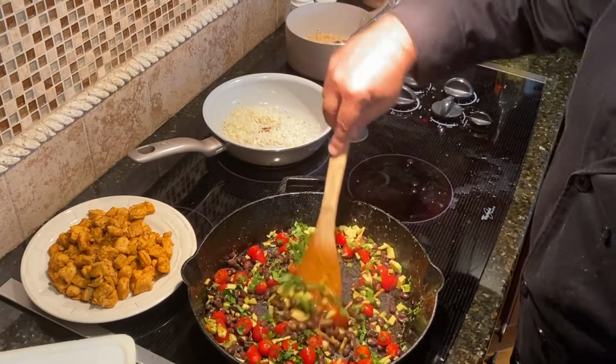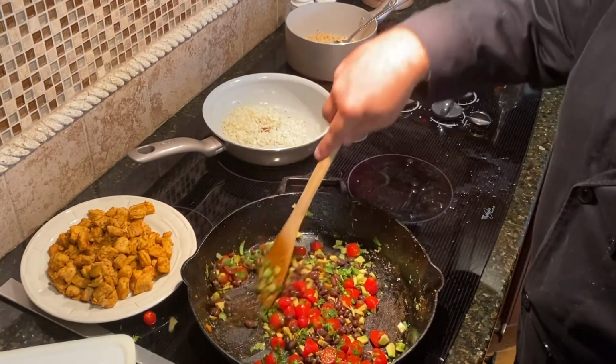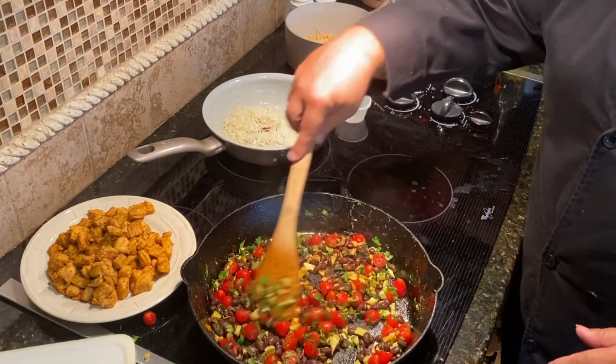Get it all put together. If you want more lime juice, add it. If you want more cilantro, add it. If you want less, take it off. So we're going to let this go ahead and cook. And what we're going to do now,